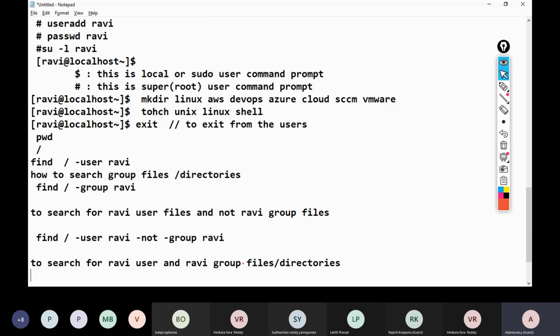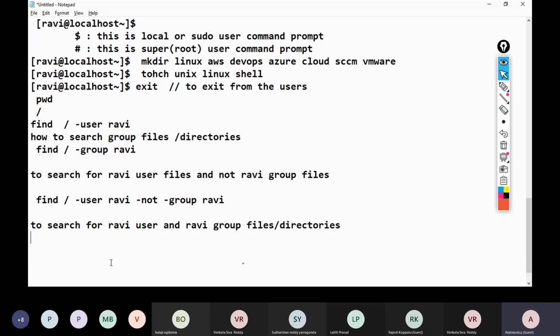We have to use -o. We can search Ravi user and Ravi group files and directories. So find, -user Ravi -o -group Ravi.